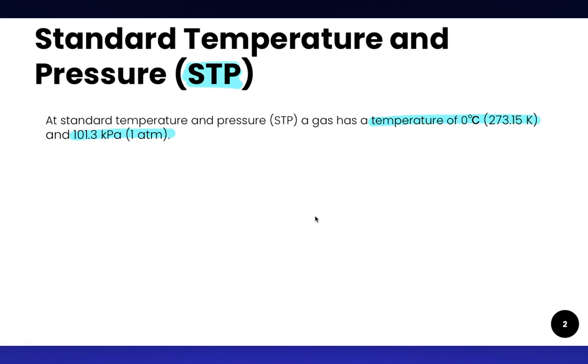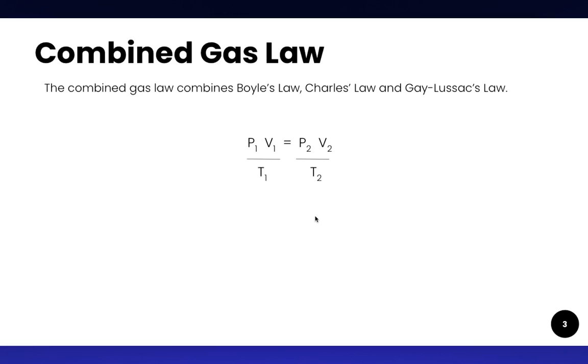So in a story problem, it'll say a gas at STP. That should clue you in that the temperature is 0 and the pressure is 1 atm. Here is the formula for the combined gas law. So this is a combination of Boyle's, Charles's, and Gay-Lussac's law, where